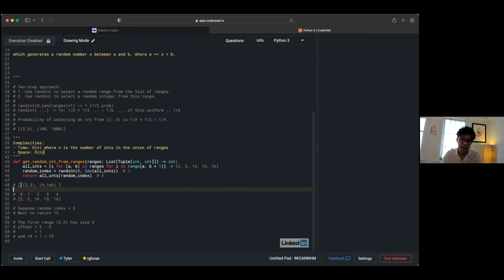So we're really taking advantage of this compact representation of those ranges. And we can deal with ranges that are arbitrarily large as long as we have the ability to do big int arithmetic or something. Sounds awesome.